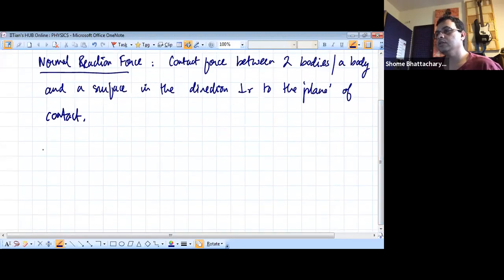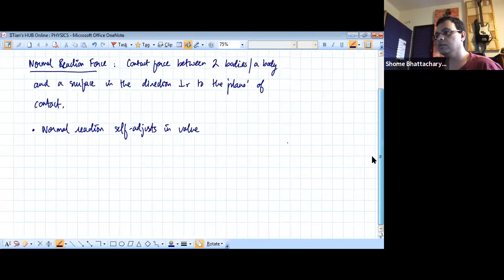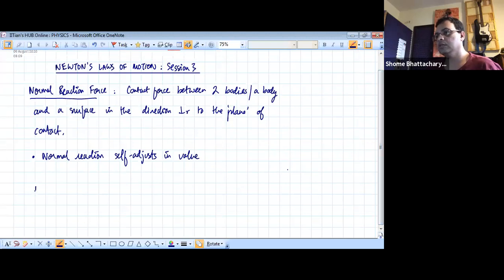Then we also saw that, yes, we will discuss assignment 1 today, don't worry. We also saw that normal reaction self-adjusts in value. And of course, it always acts perpendicular to the plane of contact. So, just as a simple example, what I'm saying,